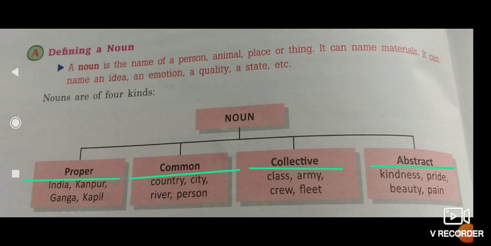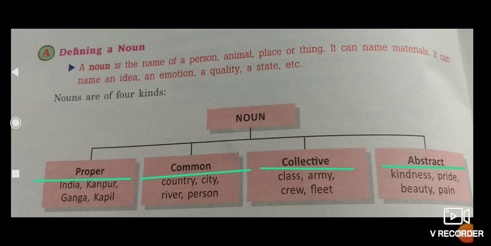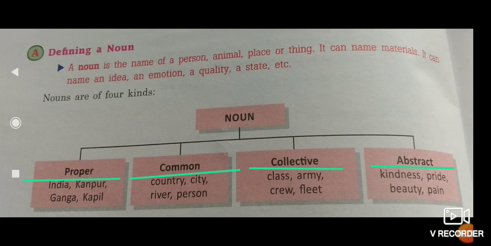A noun is a name of a person, animal, place, or thing. It can name materials, an idea, an emotion, a quality, a state, etc. In the classification of noun, if we are talking about the name of a person, animal, place, or thing in particular, it will come under the category of proper noun. But if we are talking about the name in general, then it will be common